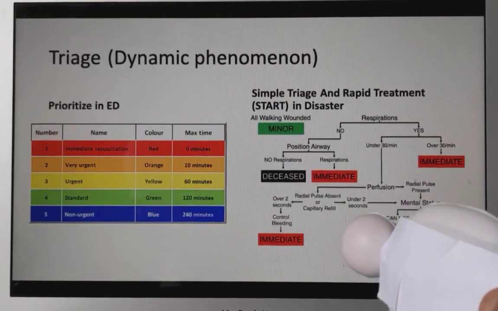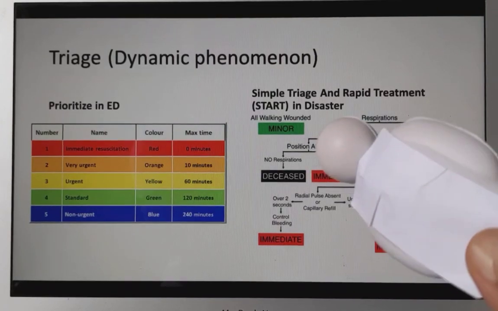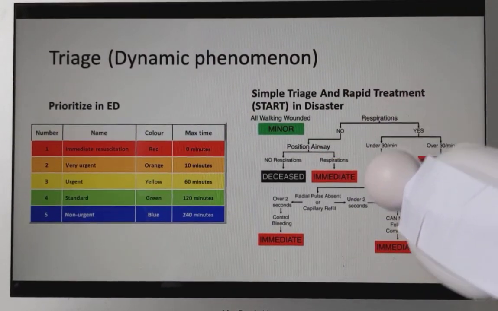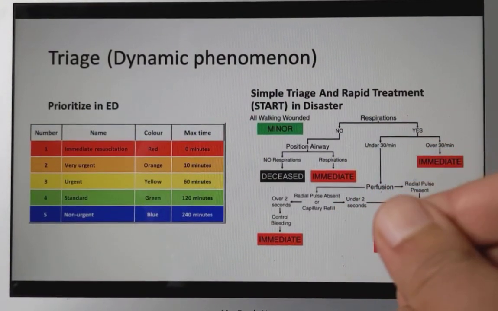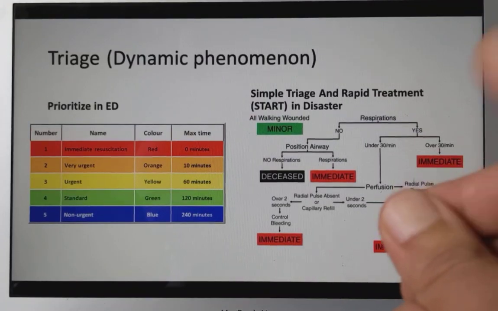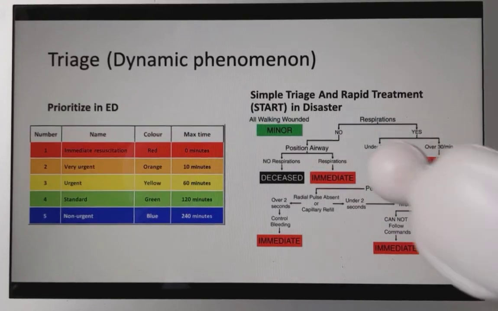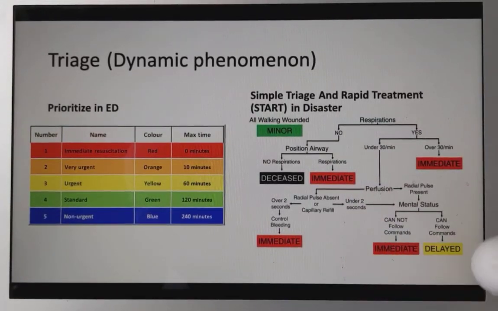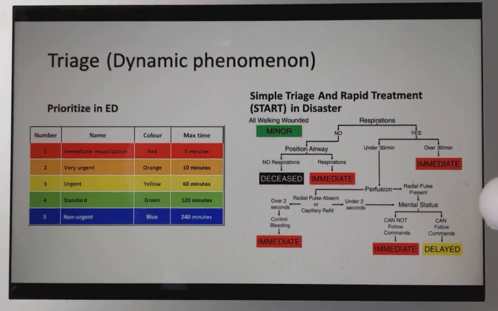How you check it, basically, is pressing on a person's thumb and seeing how soon the color comes back, which gives you an idea of their capillary refill. So you could check that, and if there is any bleeding that you notice, or if the capillary refill is over 2 seconds, find any bleeding and then mark them as immediate. Controlling bleeding is important here. If the radial pulse is absent but the capillary refill is under 2 seconds, or the radial pulse is present,